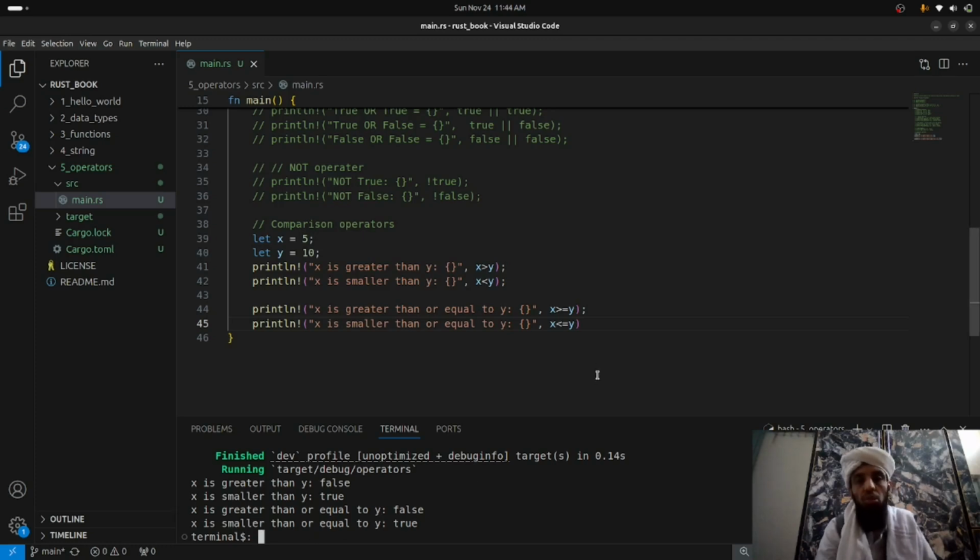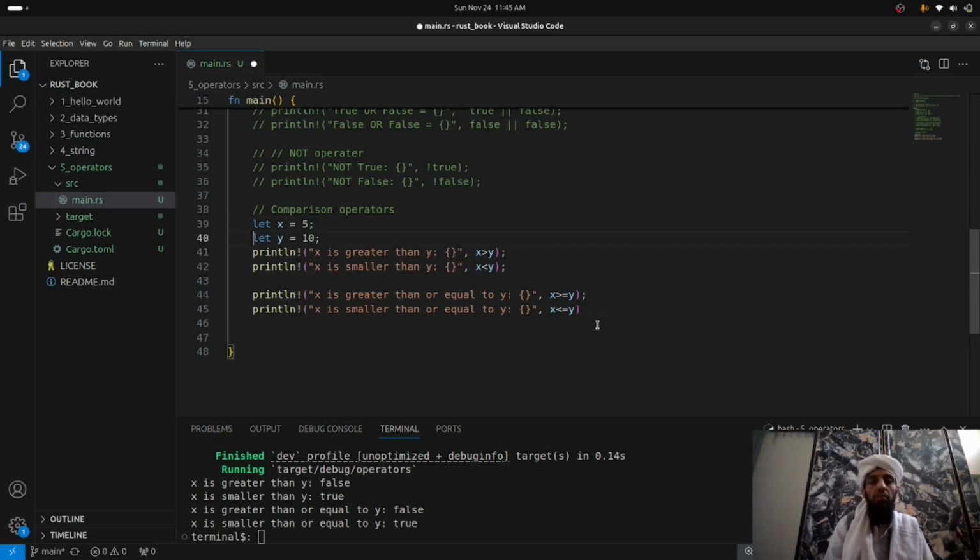So it is using the OR operator, whether it is smaller than y or it is equal to y. If it is smaller than y, then it will pick this one, or if it is equal to y, then it will pick this one. So it will not look at both of the operands, right? So this is using the OR operator, as I have shown you previously. But let's say if I write like this,